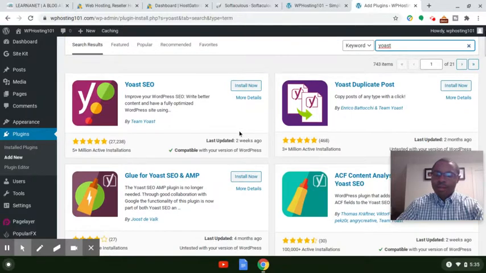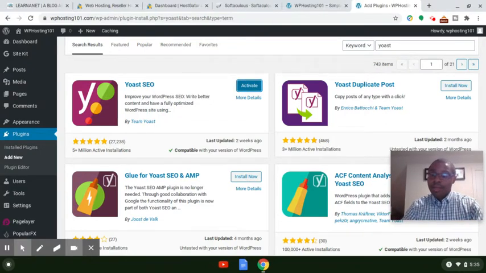There's Rank Math. There's another one, the All in One SEO plugin, but I just like Yoast. I love it because it helps with your different metrics, your keyword density. It tells you how many times you're mentioning a keyword in your actual post itself, if you're mentioning it too much, or it's not enough, depending on the length of your content. So basically, it helps you every step of the way, guys, to be able to rank higher